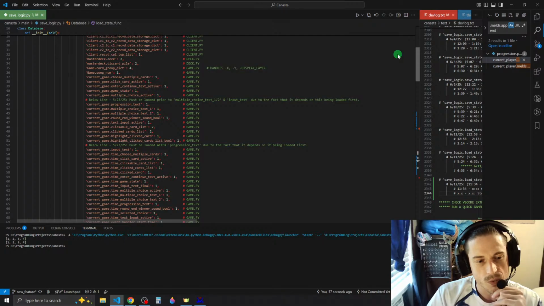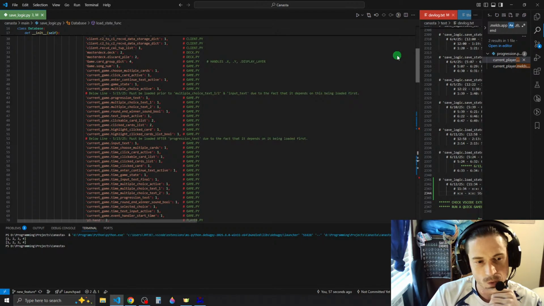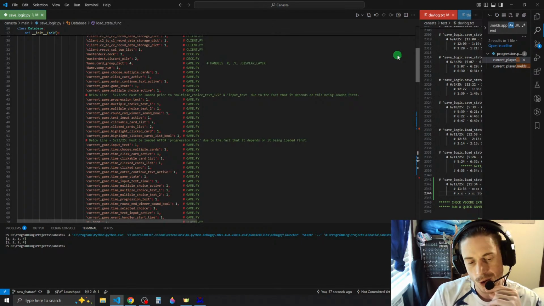So all this requires the importation of these objects, because I don't think this function, the load function being called from client.py, is going to know,